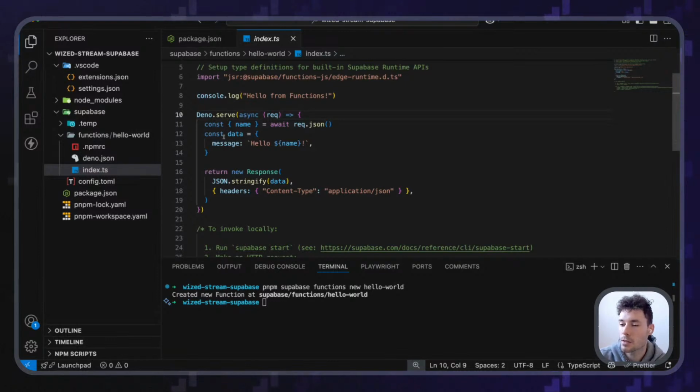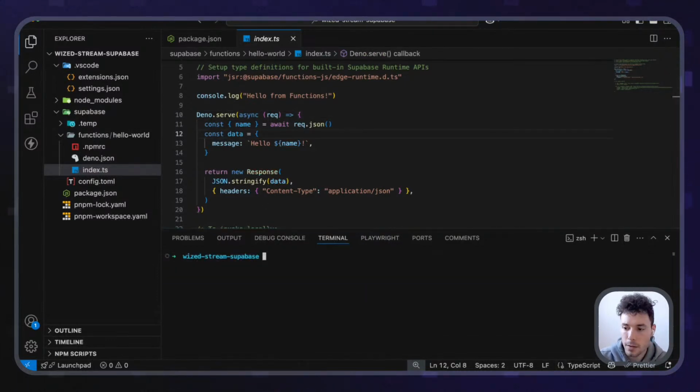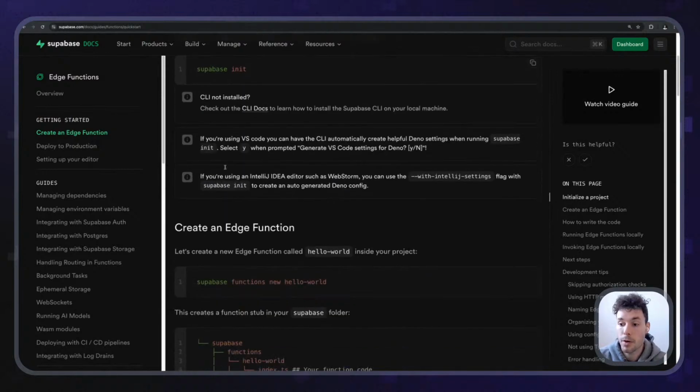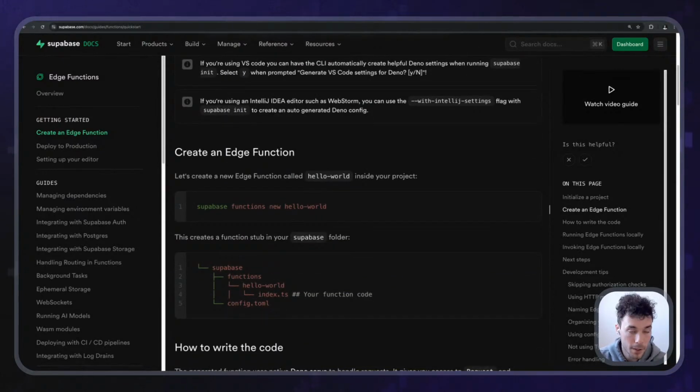Might take a while to restart the language server. It's fine. Great. So now what I want to do is deploy this because I want to test it. Now, to deploy this, we need to do an additional step. I know that this is getting a bit cumbersome, but once we're done with the initial setup, then we can